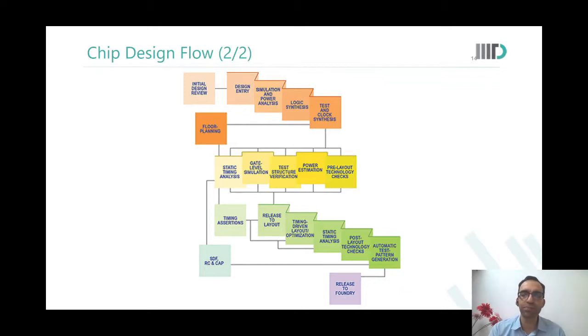Okay. Gagandeep? Sir, after the layout, when I want to go to STA, then I am necessarily changing the wire load models only, right? So now you're not changing the wire load model. You're actually extracting the wire loads and putting that into the netlist. There is no model now, Gagandeep. Now this is the real thing that you're putting back in there. The model was an estimate, an extrapolation. Now this is the real thing, real capacitance you're putting there.